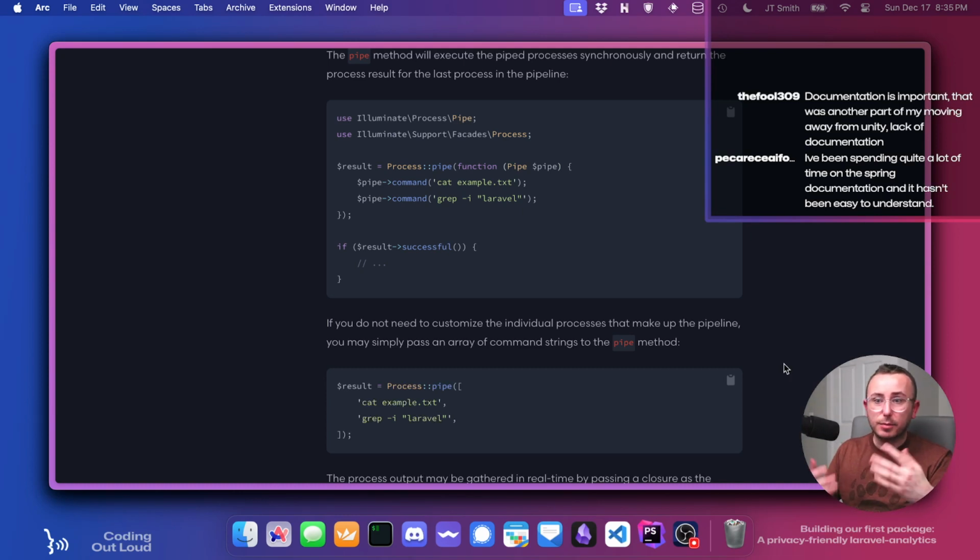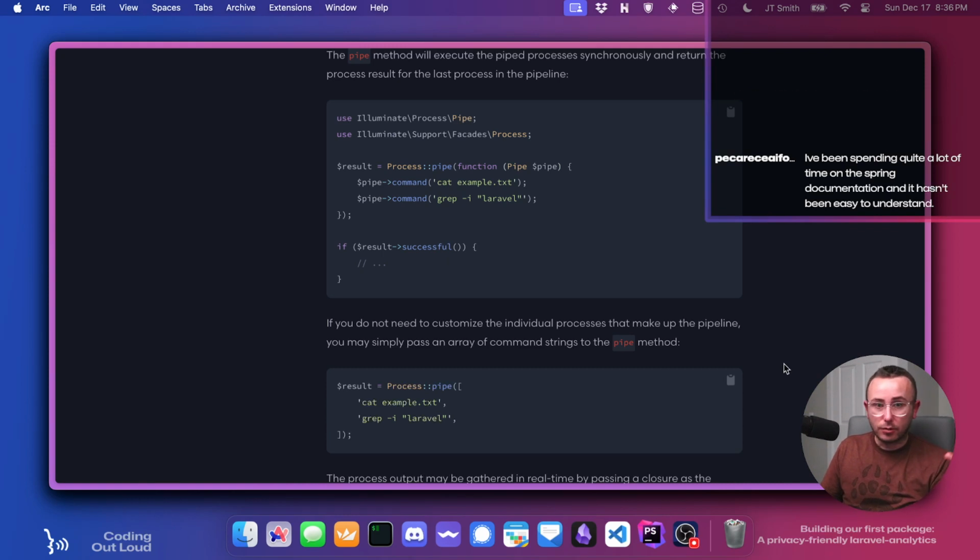Yeah, exactly. Spending a lot of time in the Spring documentation. It hasn't been easy to understand. I have never used Spring or Spring Boot. I'm not a Java person whatsoever. But at a previous role that I was in, I was the lead of a DevOps team, and so I had to work with our developers to package their microservices that use Spring Boot and deploy them, kind of thing, right? And so